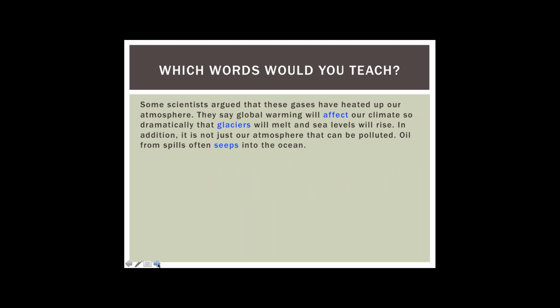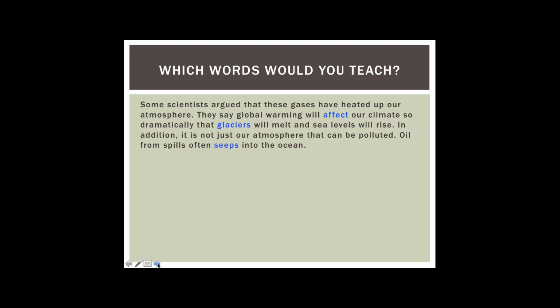Some scientists argue that these gases have heated up our atmosphere. They say global warming will affect our climate so dramatically that glaciers will melt, sea levels will rise. In addition, it's not just our atmosphere that can be polluted. Oil from spills often seeps into the ocean. Now, any of those words could be selected for pre-teaching. None of them are explicitly taught. But if you think that your students would be able to figure any of those words out from context,